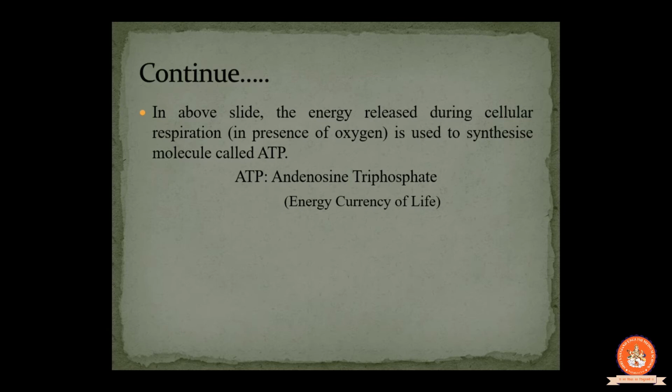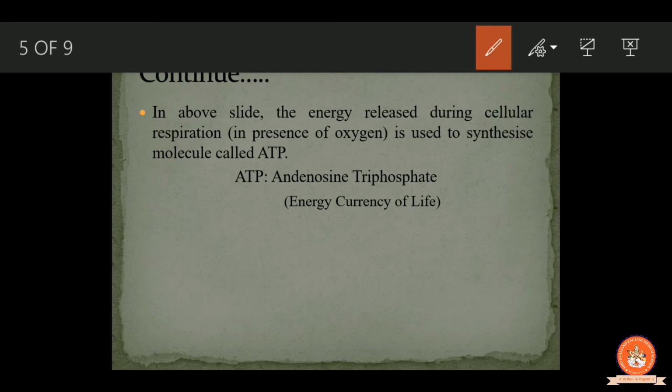Now ATP is given to each and every cell. So ATP is nothing but the energy currency of life. So the full form of ATP is adenosine triphosphate. So why do we call it triphosphate? Let's see the chemical formula for it. So what is the chemical formula for it? The chemical formula for it is